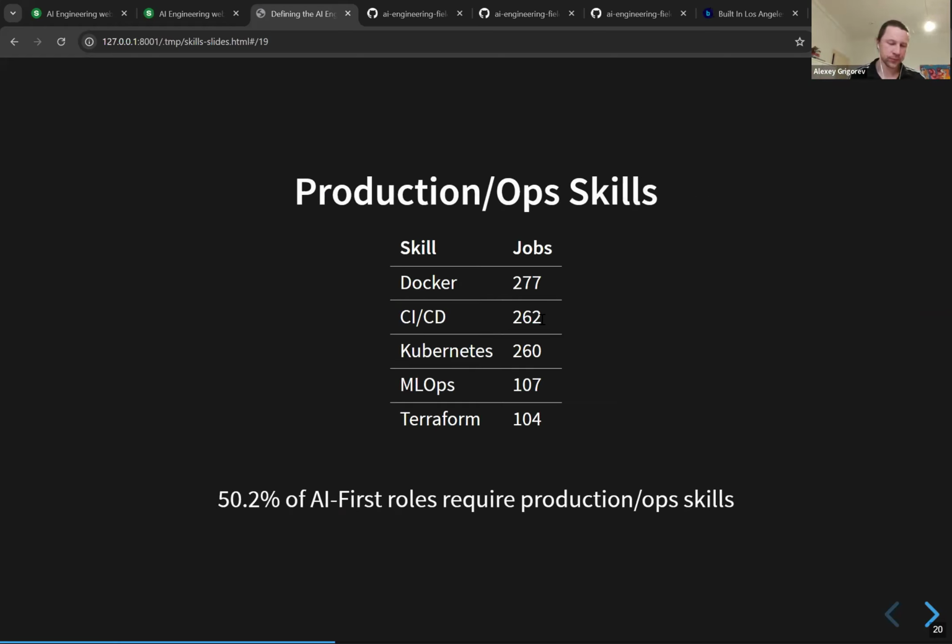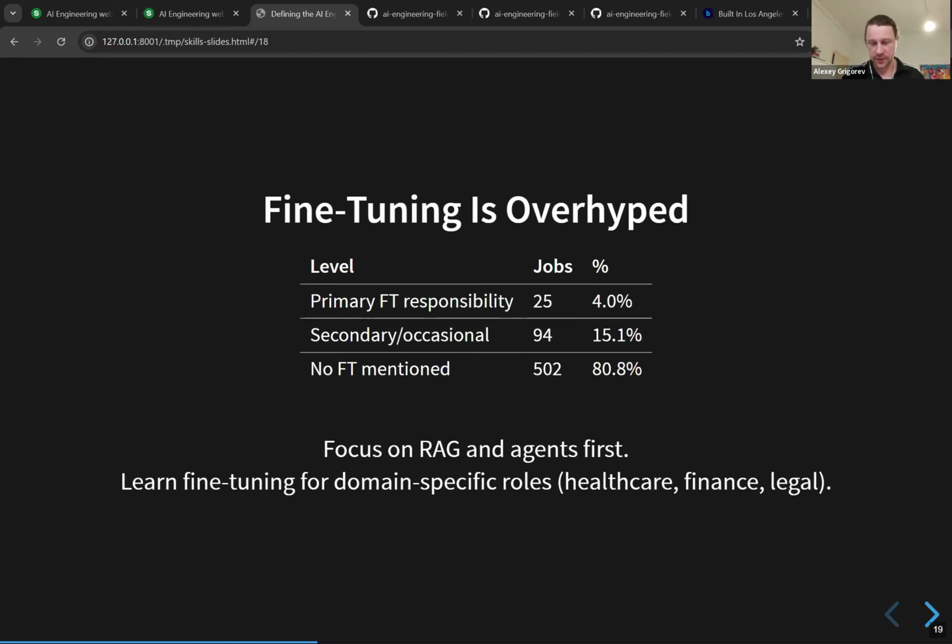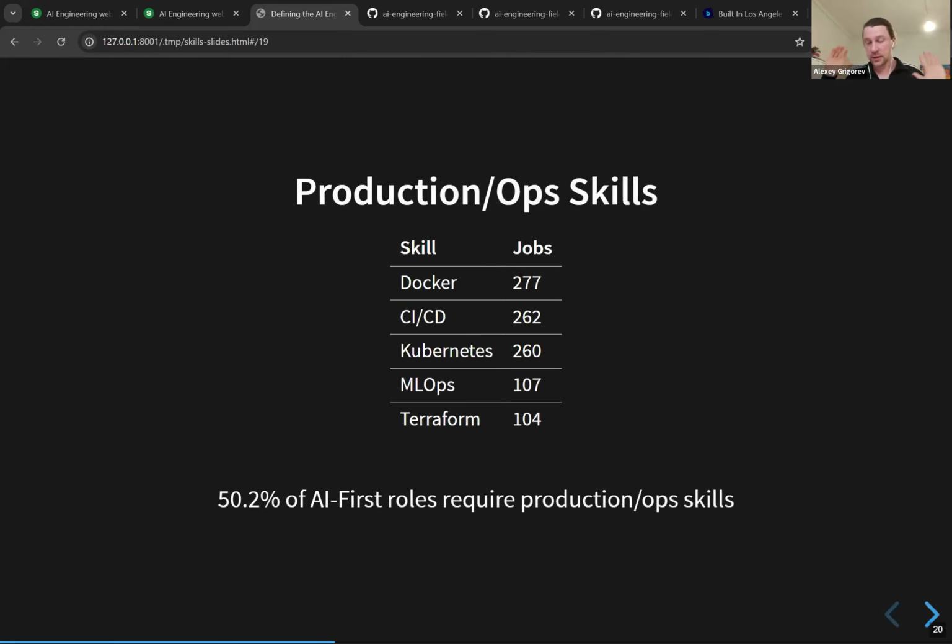But also, what is more important, right? Fine tuning, as we see, is not important, but what is really important is being able to productionize what you built. So we see that things like Docker, CI/CD, Kubernetes, MLOps, Terraform are mentioned in job descriptions quite often. And this is not a surprise because an AI engineer is first an engineer and then the specialization, right?